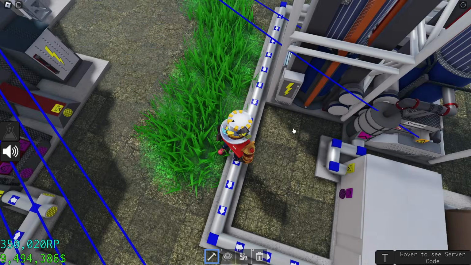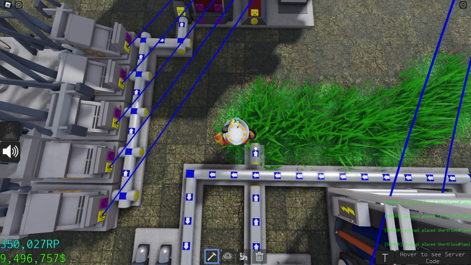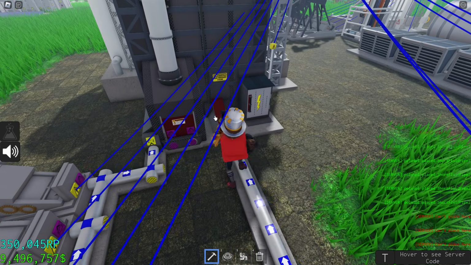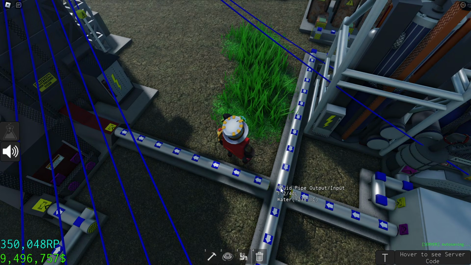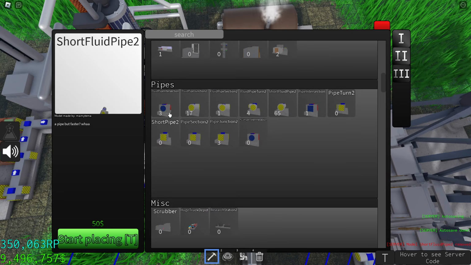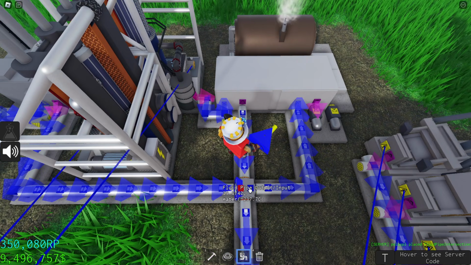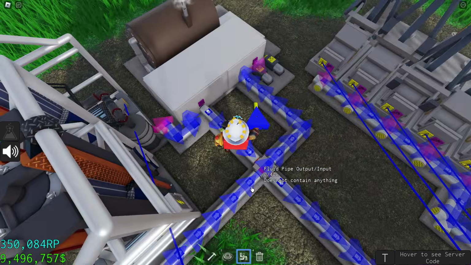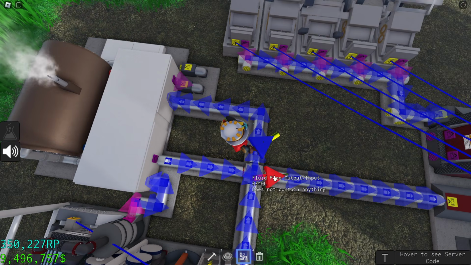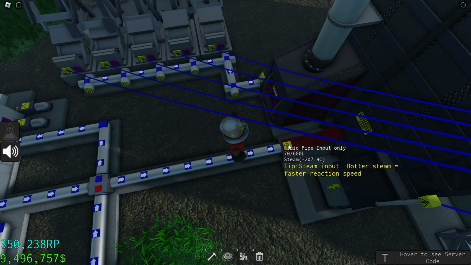So you need to connect the steam output into the steam input of the steam cracking plant. Now you just need an intersection because I placed this a little bit weird, but that's fine. You need to use the fluid pipe intersection if you have two fluid lines intersecting like this. Just like that, I'm going to take the water into the blue intersection and take the steam into the red intersection. Now all the steam is going to go to the steam cracking plant.